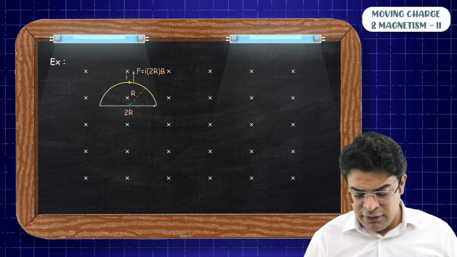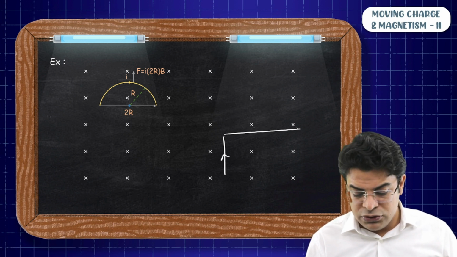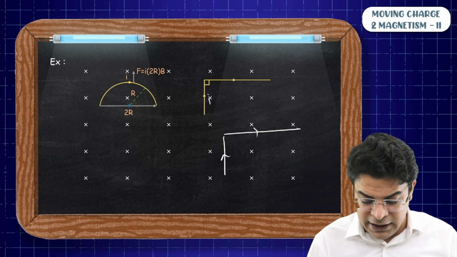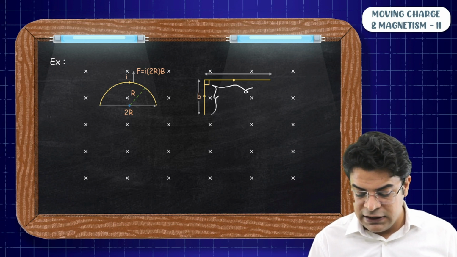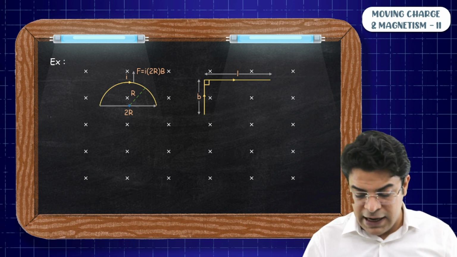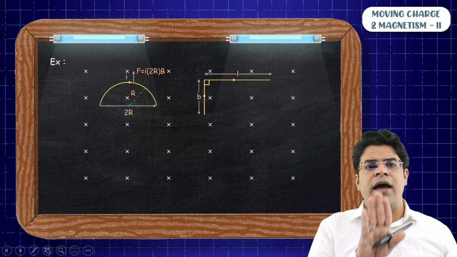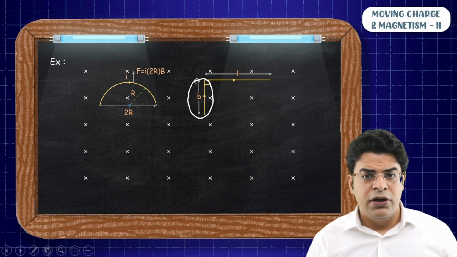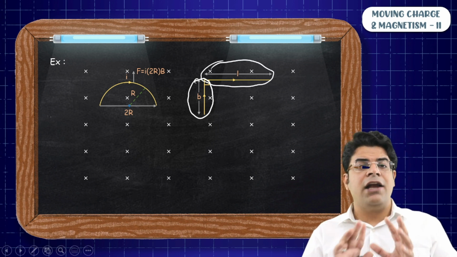Let's say you have got this current carrying wire which represents two sides of a rectangle. So this is a current carrying wire carrying, let's say, current I. Let's say that this length is B and this length is L. Now what will be the magnetic force acting on this wire? So you will say, sir, here I do not have to do integration. I can either look at the force acting on this part and then look at the force acting on this part and then add up the two forces.